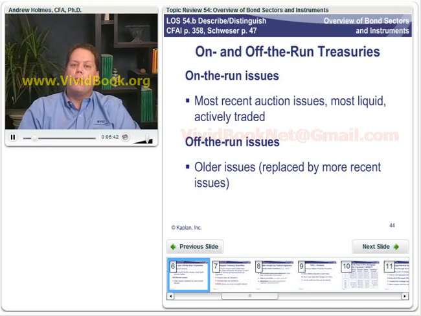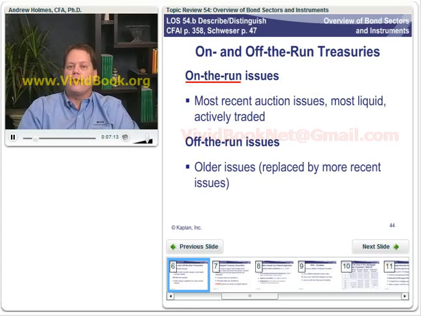Well, the most recently issued security in any maturity class is the on-the-run security. So if we're looking at 1-year Treasury bills, those get issued every week. And then what we'll see is that for 1 week, those will be on the run. After that 1 week, we'll come in behind them and issue some new ones. Then the old ones will be off the run, and the new ones that were just issued will be on the run. So the most recently issued securities in each maturity class are the on-the-run issues.